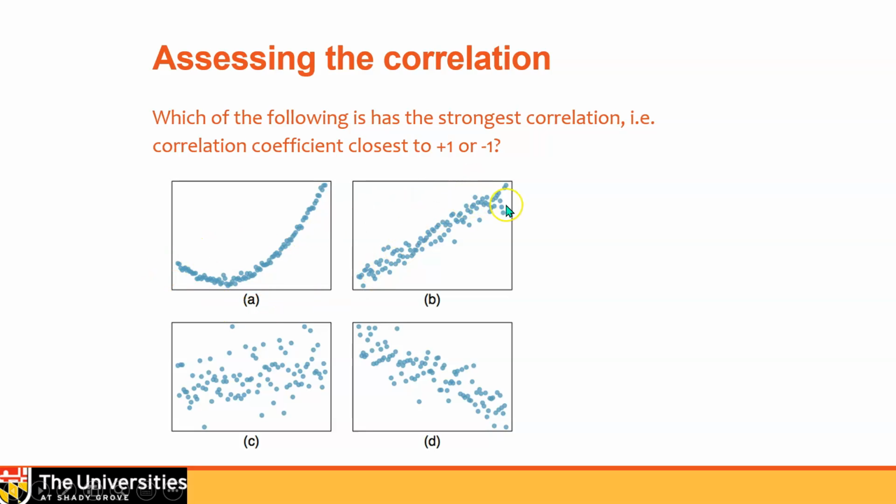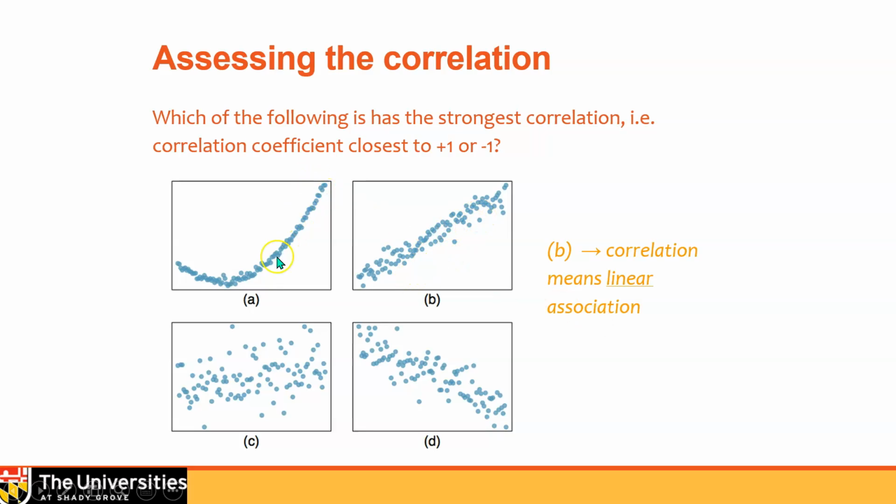And if we look at all of these, what we see is we've got something that's a fairly tight relationship here in A, but it's not linear. B looks very tight and linear. C is very dispersed. D has a distinct linear pattern, but is not as tight as B. So if we had to choose which one has the strongest correlation, either stronger positive or strongest negative, looking between B and D, in B the points are much closer, and so that would indicate our strongest